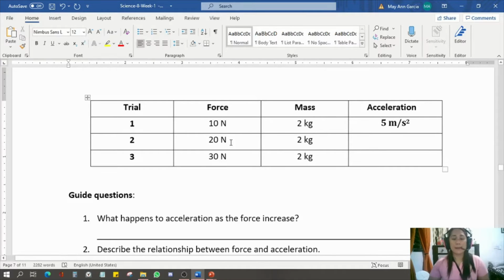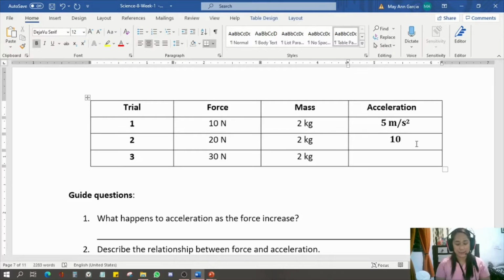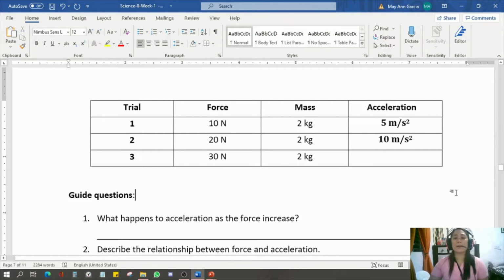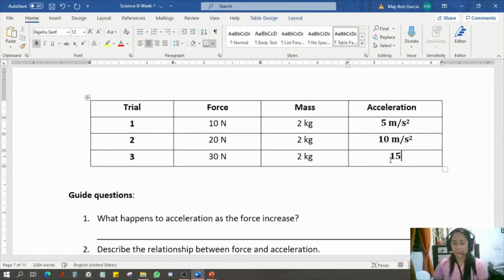Okay. Next, let us try to calculate the second trial. So the amount of force here is 20 Newton and the mass is 5 kilogram. So 20 Newton divided by 2 is equivalent to, okay, correct, 10 meter per second squared. Okay, and then for the trial 3, correct, that is 30 Newton divided by 2 is equivalent to 15 meter per second